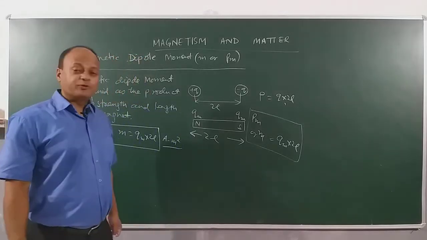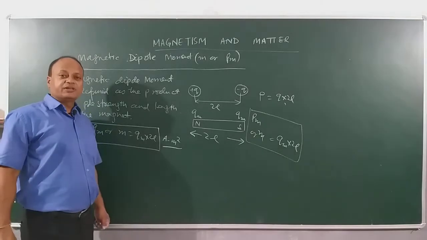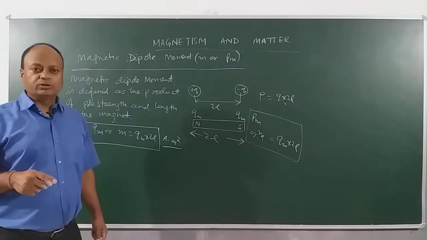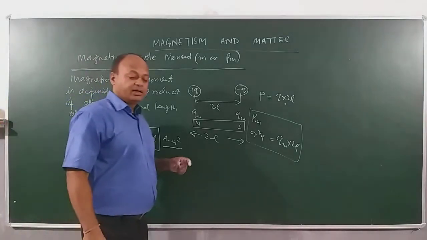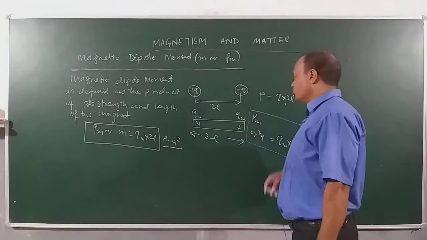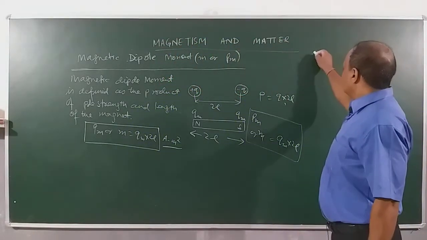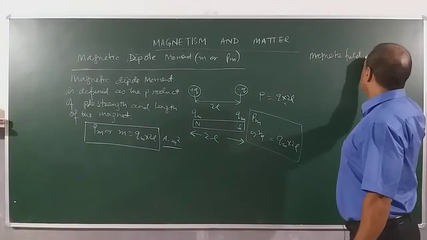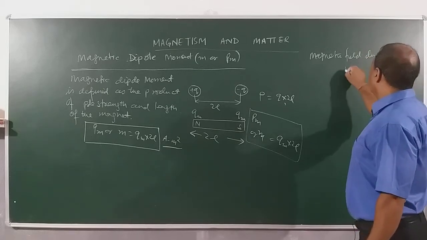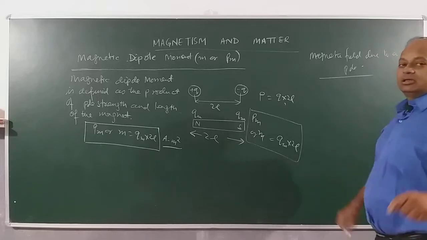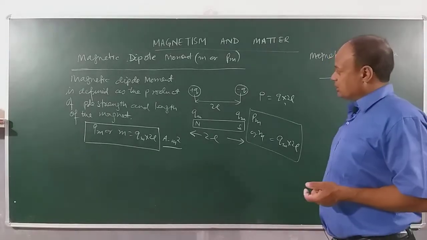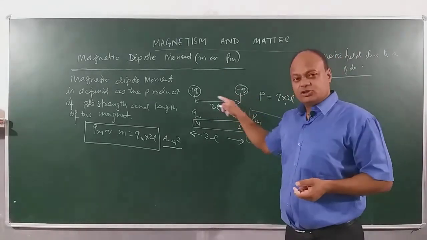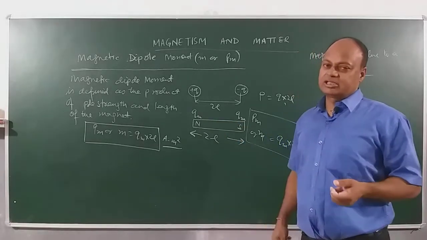Now we'll proceed to find out intensity of magnetic field due to a bar magnet at a point on the axis and also at a point on the perpendicular bisector. But before I go into the derivation, I want to understand magnetic field due to a pole. Now remember, when I look at a dipole, this Qm is analogous to what? Charge Q. Qm has the same significance as charge in case of electric dipole.